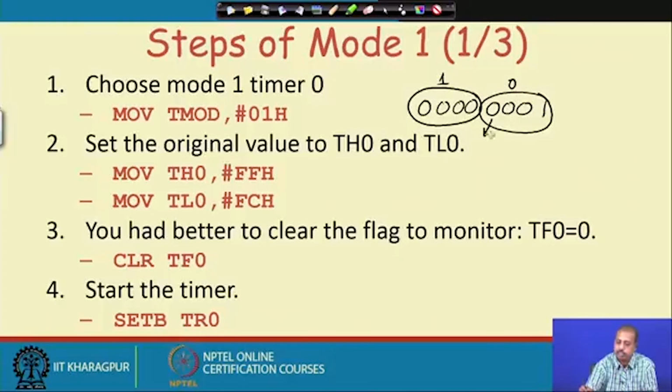Out of that, this is the gate. That means I am driving from an internal source, the clock is an internal source. This 0 will mean that it is a timer operation, and then these 2 bits identify that I am operating in mode 1, that is the 16-bit timer mode. The next important thing is to load this TH0 TL0 pair. This pair I am loading as FFFC. So the count value that I have loaded is FFFC,